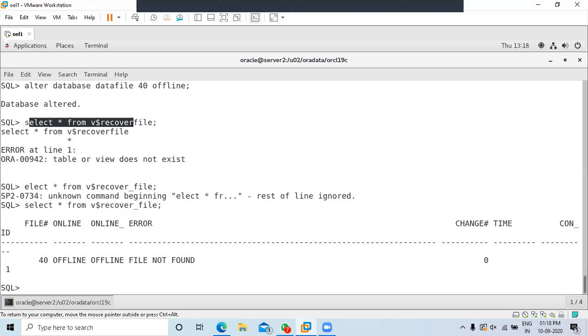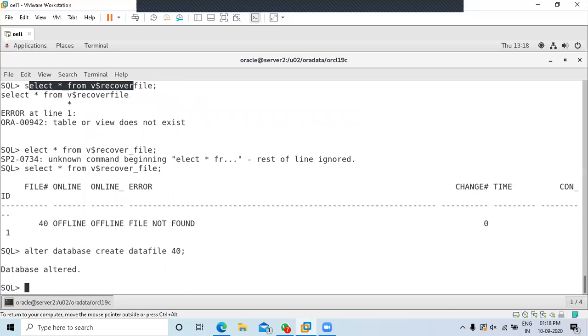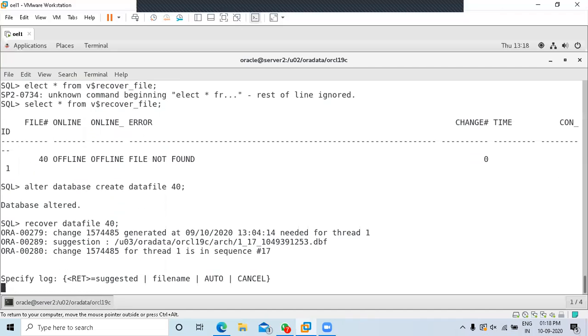So file 40 is not found. Now alter database create datafile 40, recover datafile 40. Auto, press enter.